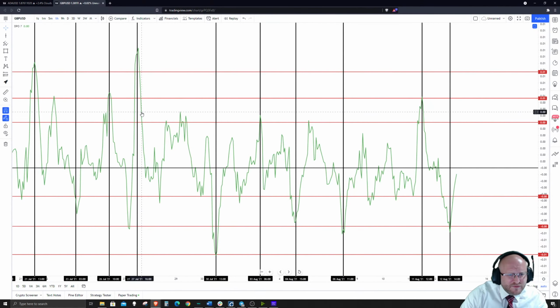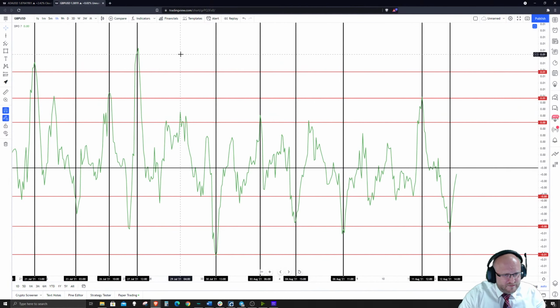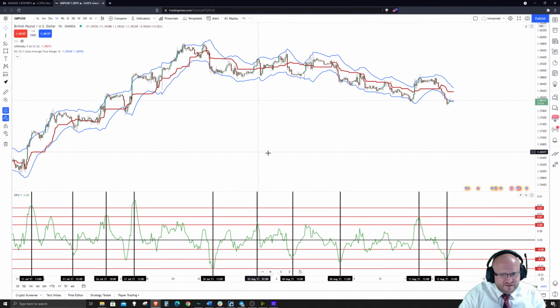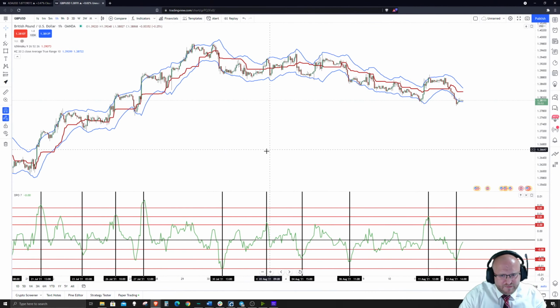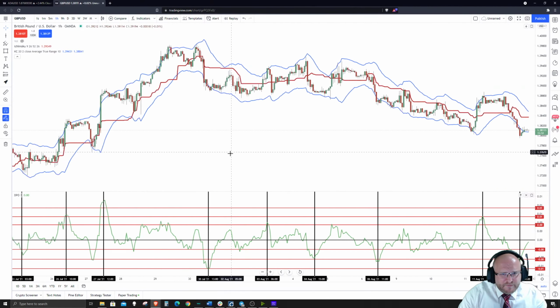These vertical lines are not part of the strategy. They are just a reference for me to check to see if there was an opportunity or not. Okay, so